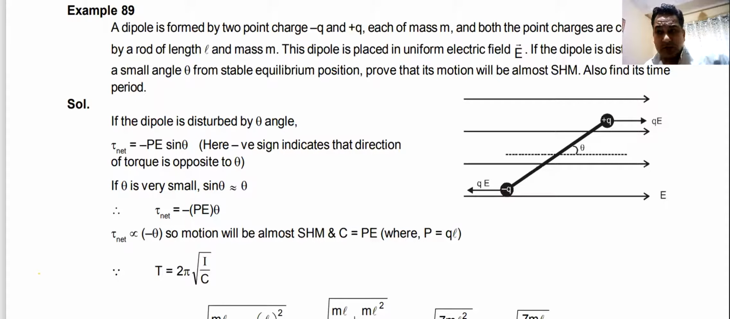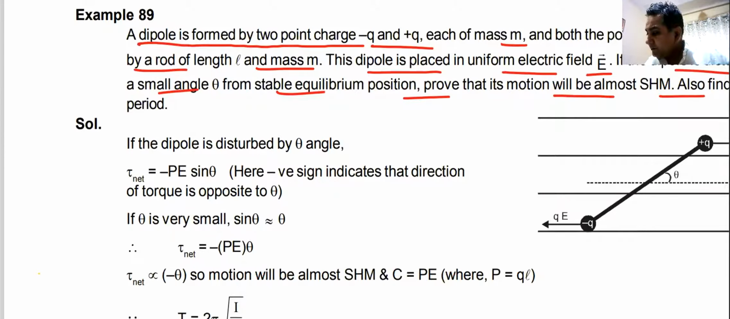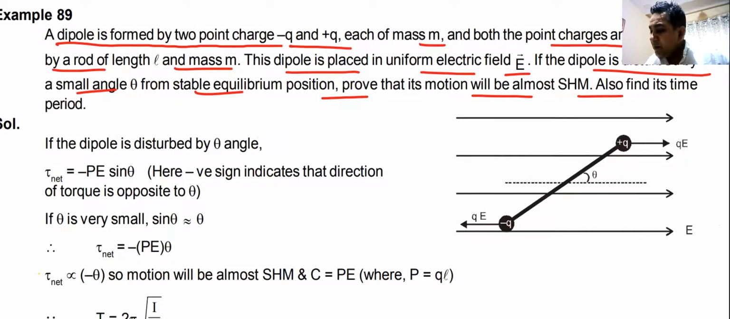Now you can have a question of this nature, which is example number 49, 89. A dipole is formed by two point charges plus q and minus q, mass m, connected by a rod of length L and mass m. This dipole is placed in a uniform electric field. If the dipole gets disturbed by a small angle from the stable position, prove that the motion is simple harmonic. So how will you prove that the motion is simple harmonic? Anyone? So I already know that torque is